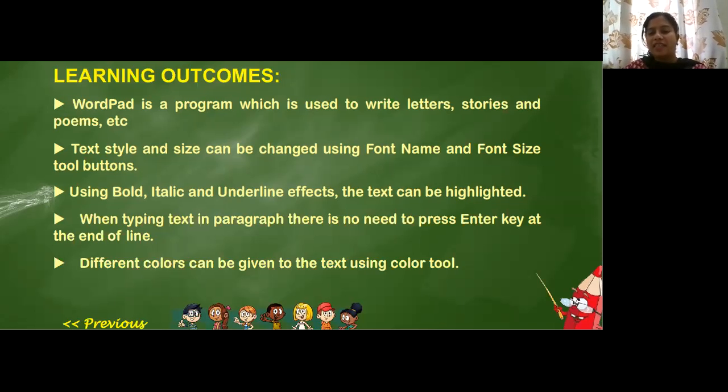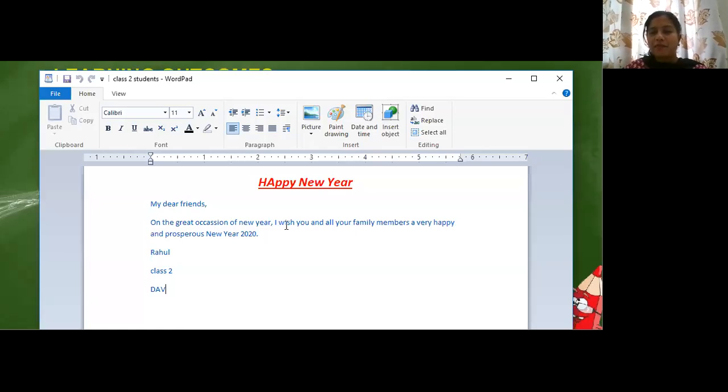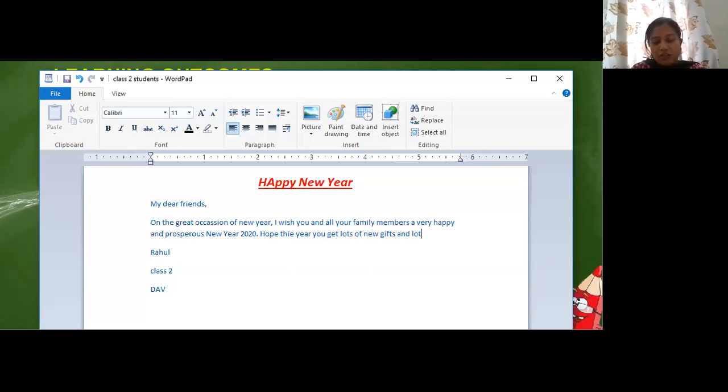When typing text in a paragraph, there is no need to press the enter key at the end of the line. Okay, children, see, when I was typing, I'll just keep typing. Hope this year you get lots of new gifts and lots of new learning.